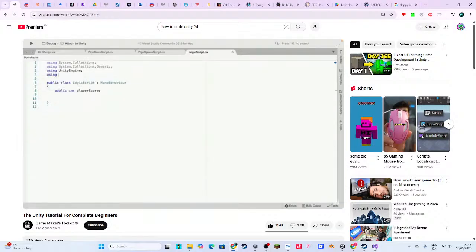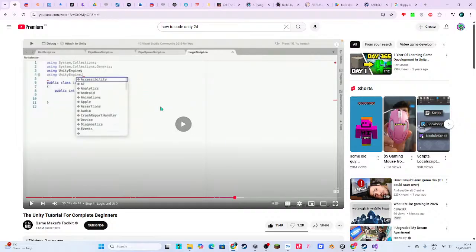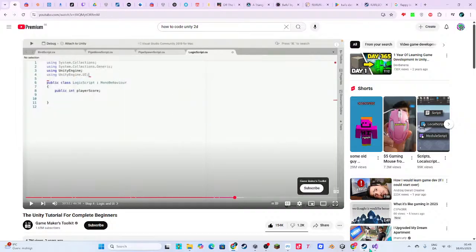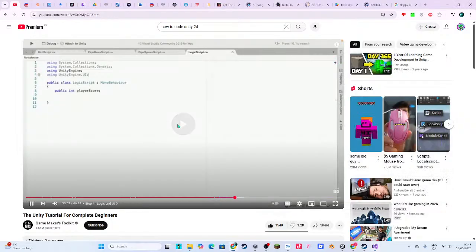But if we go up to the top and type using UnityEngine.UI, we can now access more functionality, in this case UI stuff. Now we can make a reference to Text.